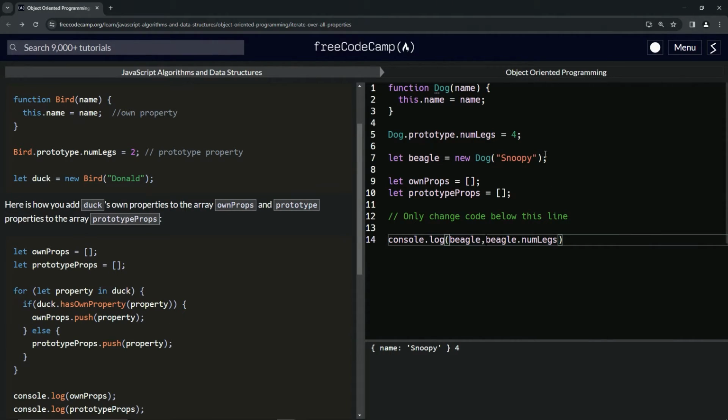So now what we're going to do is put this property, numLegs, inside of this array, all right? So to do that,